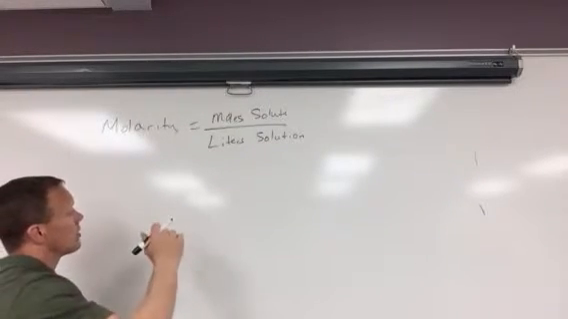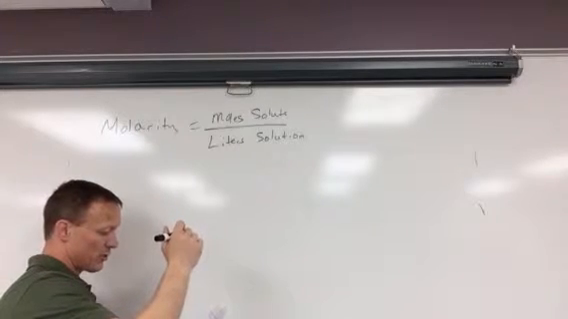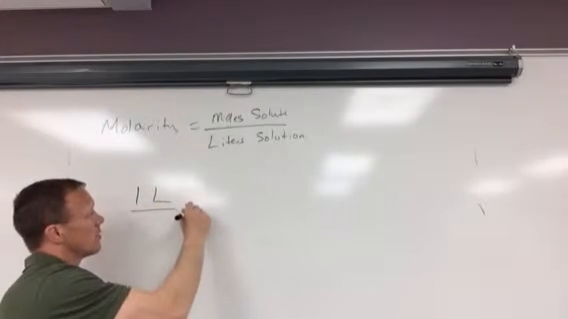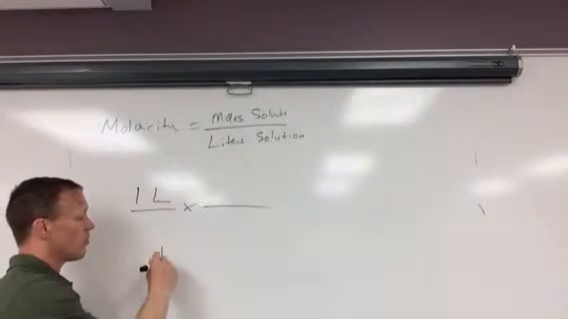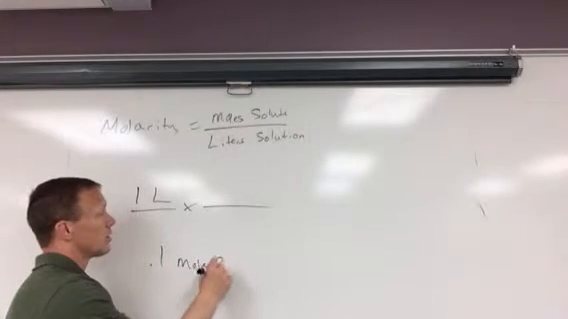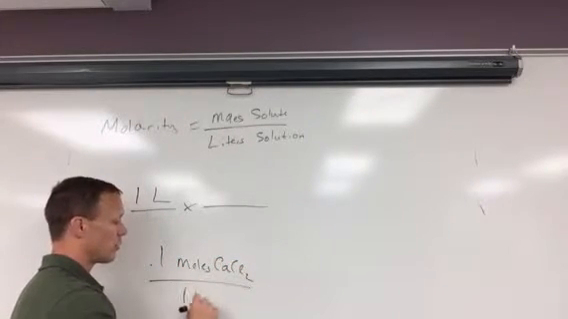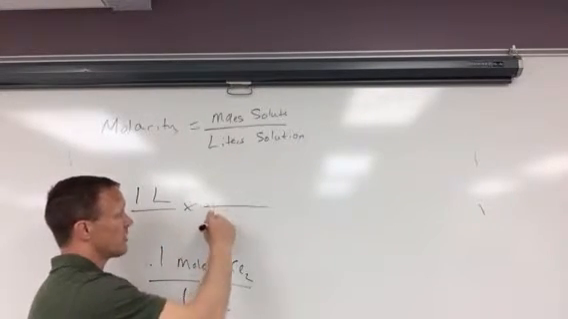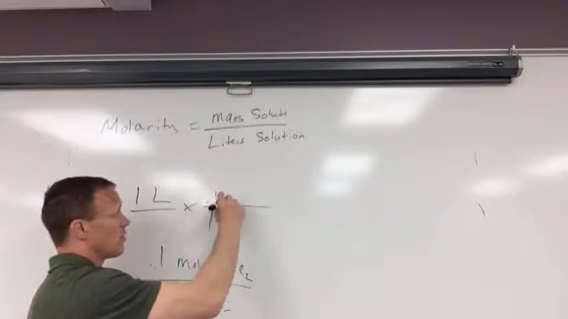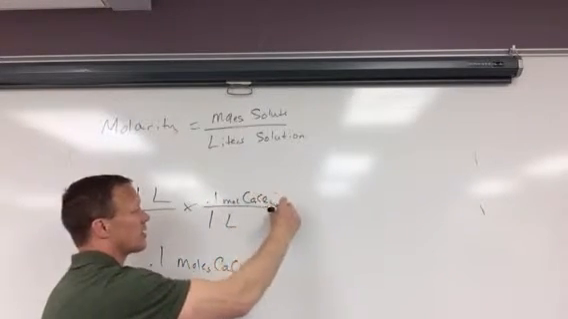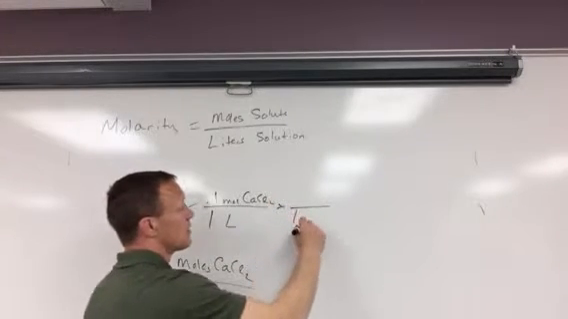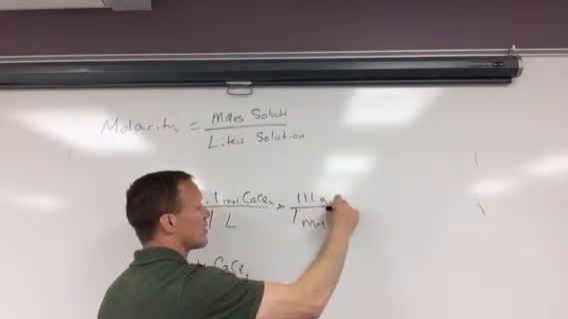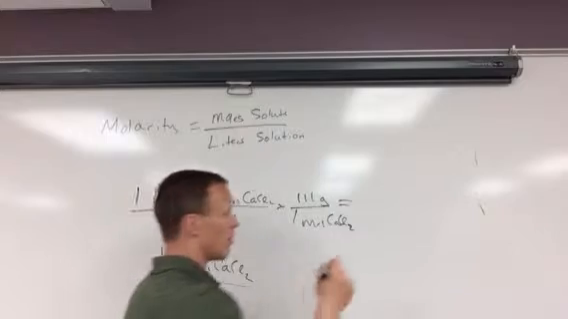So I'm going to start off with my liters, and say 1 liter. And I'm going to write my molarity like this. 0.1 molar means 0.1 moles of calcium chloride per 1 liter of solution. So I can put that in here. I could flip it around. It could be written this way. For every 1 liter of solution, there's 0.1 moles of calcium chloride. It wants to know grams, so turn that into grams. Every mole of calcium chloride is 111 grams. So you get about 11.1